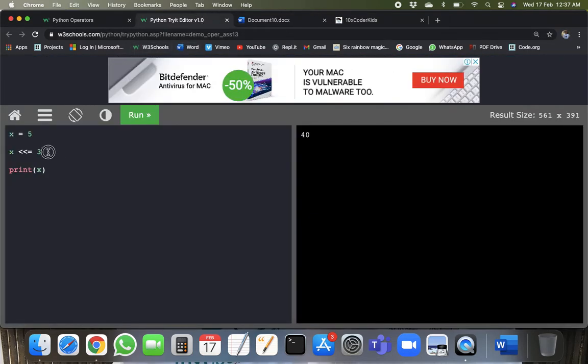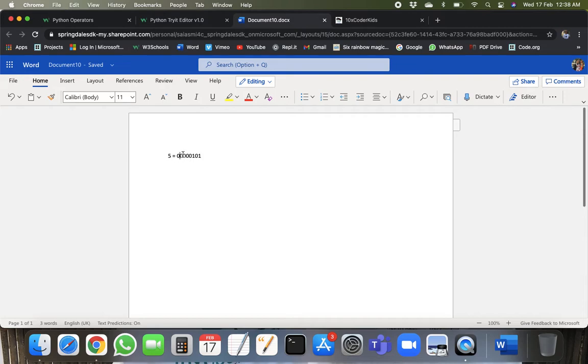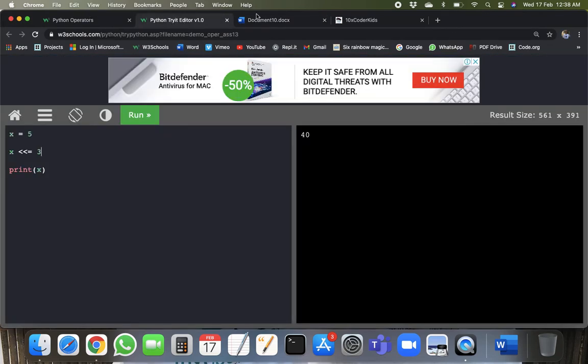Now this is shifting left 3 times. What happens in left shift? This bit is removed and 0 is added first. Then second, this is removed and this is added. And finally another left bit is removed, and in the end this is added. Now if we calculate this,